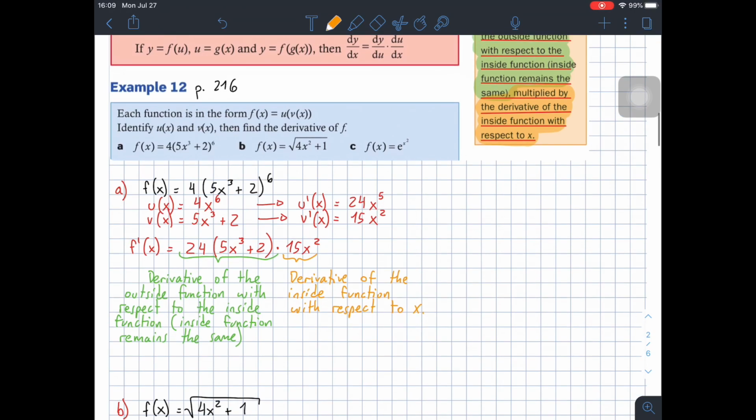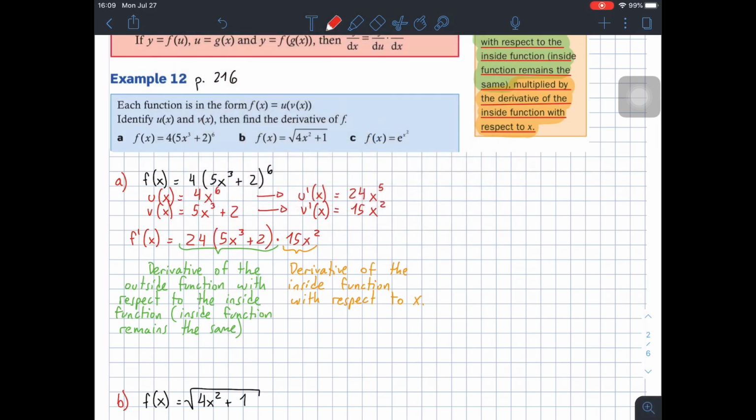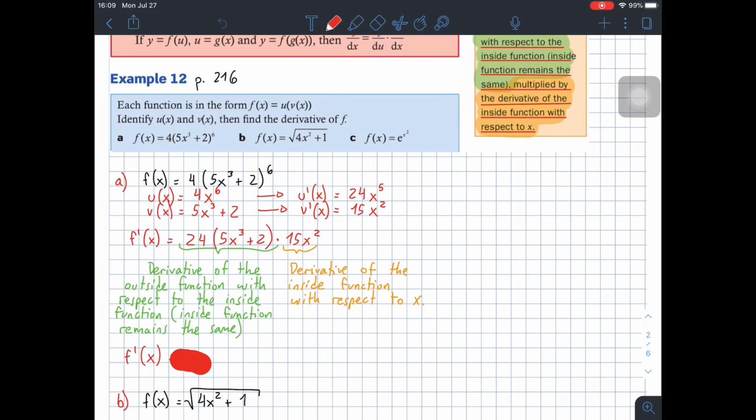Okay, so this is not the final result because we can simplify this a little bit, right? We can multiply 15 times 24, for example. So the final answer would be 24 times 15, that's 360. So this is equal to 360